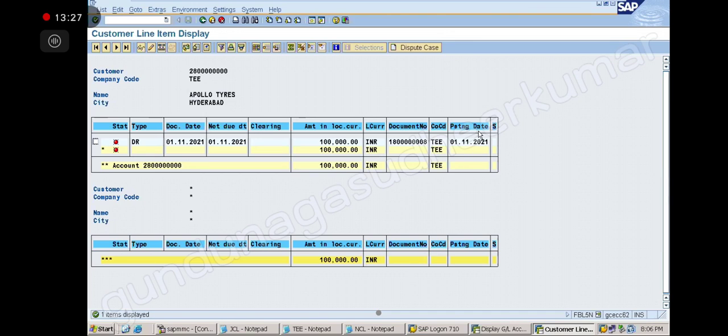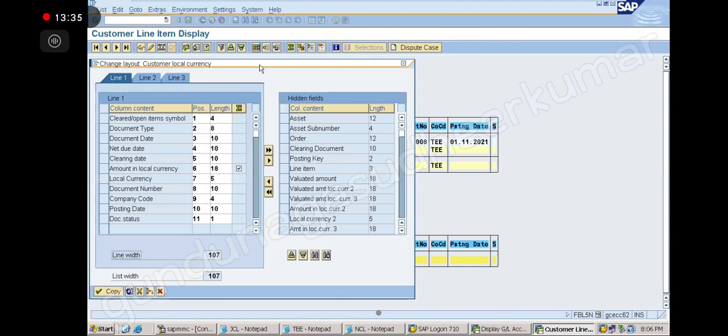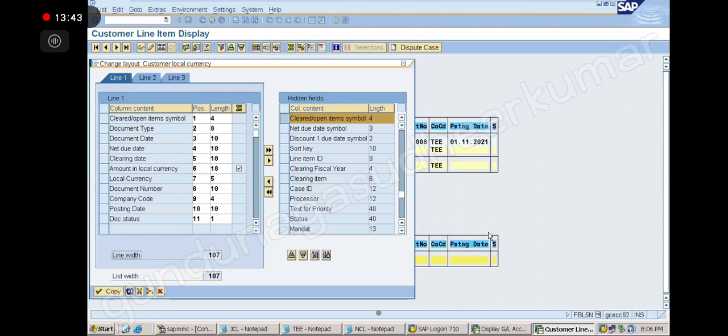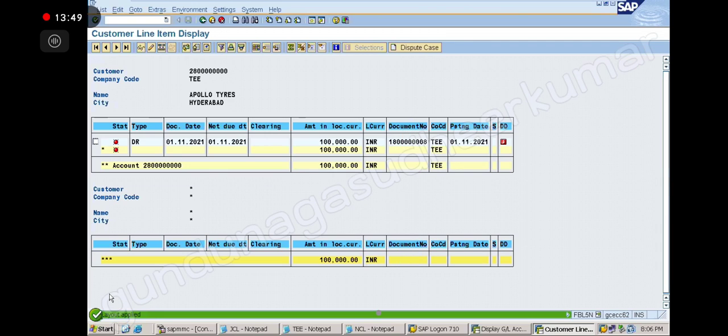If you want to go and see the symbol, how can you see the symbol here? Layout, right? Go to change layout, correct? Change layout. And then which symbol I want, I will go for the symbol now. Okay, so net due date symbol, right? So bring it down here and then you copy and you apply.